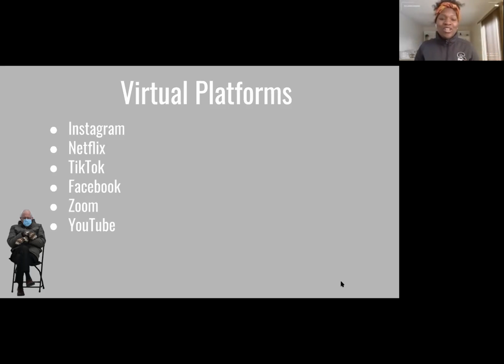Zoom, our good old trusted faithful Zoom, is a wonderful virtual platform. As a Stockton student, faculty, and staff member, we do have access to Zoom accounts. The student accounts have up to 45 minutes, I believe, and the professional accounts are pro accounts. So if you need a program that will last longer than 45 minutes, feel free to contact your student development advisor to help you set up a Zoom event or meeting that will last longer than your student account can. But Zoom is...